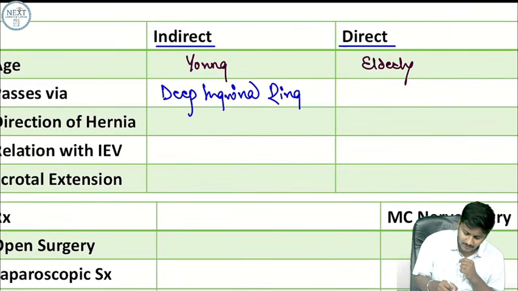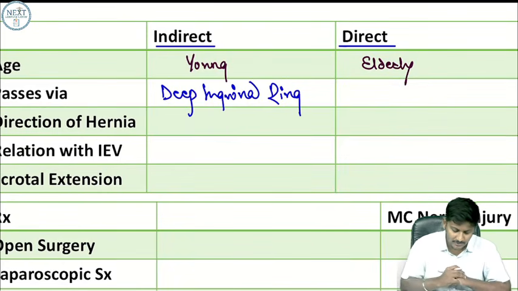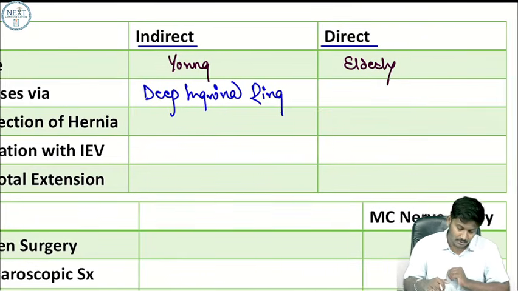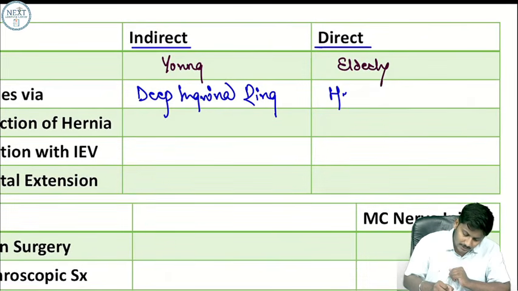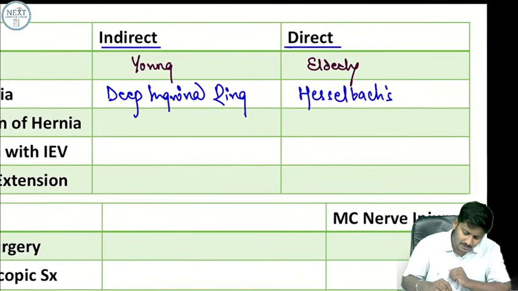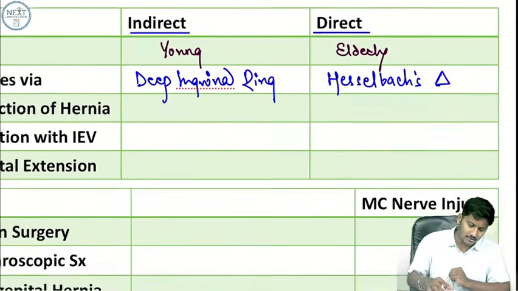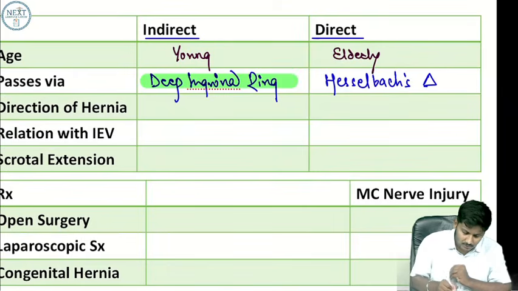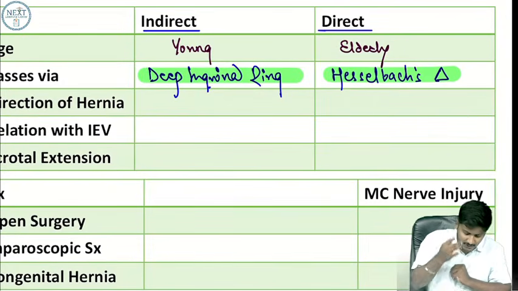Any hernial sac that passes via the deep inguinal ring is called a deep inguinal, any hernial sac that comes out via the deep inguinal ring is an indirect inguinal hernia, and any hernial sac that comes out via the Hesselbach triangle is a direct inguinal hernia. Hopefully that's clear. If they ask you the direction of hernia,